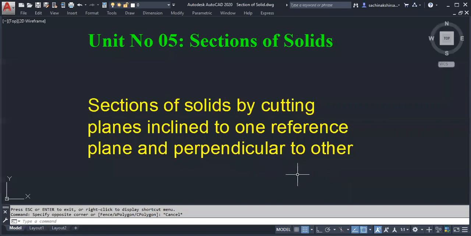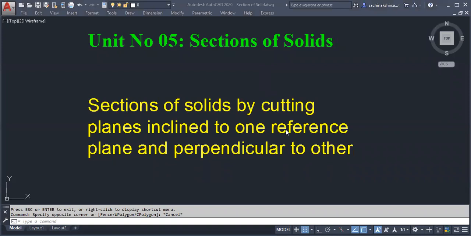So I will ask Aditya now. Aditya, if a particular plane is perpendicular to a particular reference plane, what will it show in that plane? Apparent shape, true shape, or edge view, line view? Aditya, am I audible? Yes, sir. If a particular plane, whether a square plane, triangular plane or whatever, is perpendicular to one of the reference planes, HP or VP, what will it show in that plane?